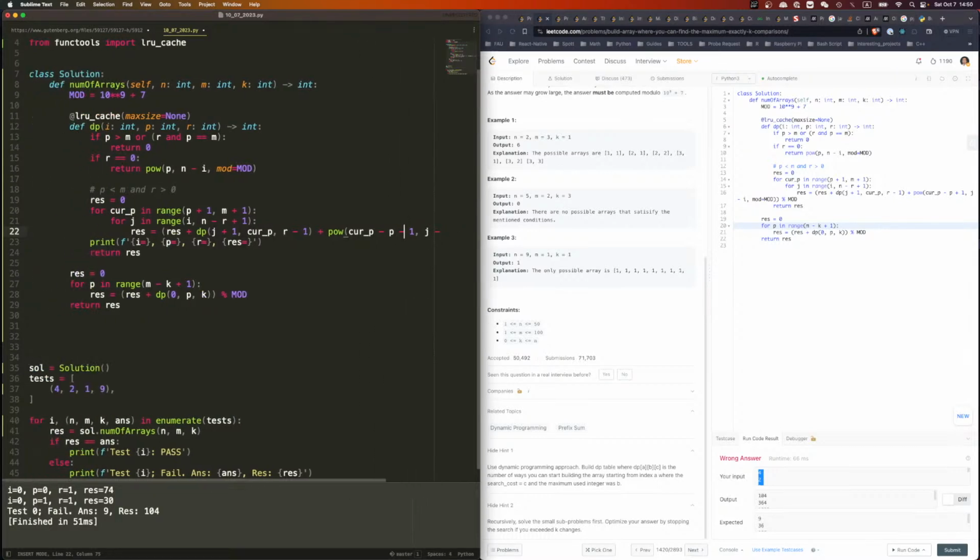Then if you do it this way, this J cannot just go like that. It depends on how big the current P is, right? So what I'm saying is,